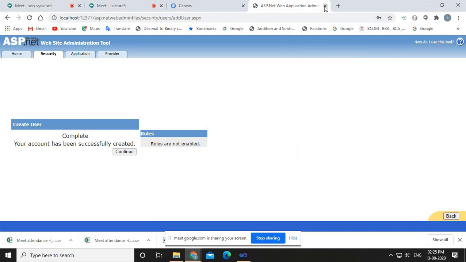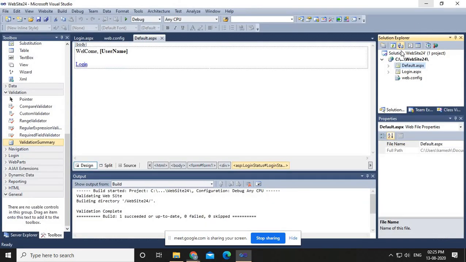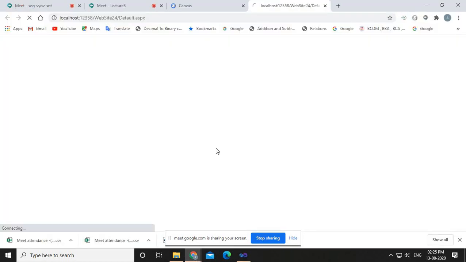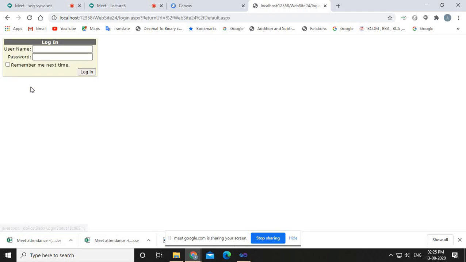Fine, now we'll go ahead with our website again. So go to the default page and run your default.aspx again. Now what you do is click on the login page, right? Now suppose here I'm giving a wrong username, for example the username is ABC, but I'm entering a wrong username, you click on the login button. It gives a message, your login attempt was not successful, please try again. Another thing, let's suppose I'm giving a correct username, but I'm entering a wrong password, so you click on the login button. Again it shows your login attempt was not successful, please try again.